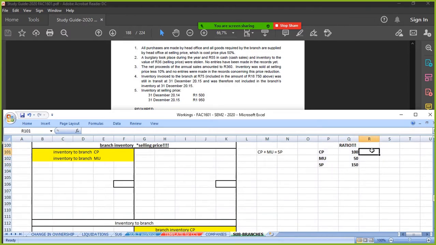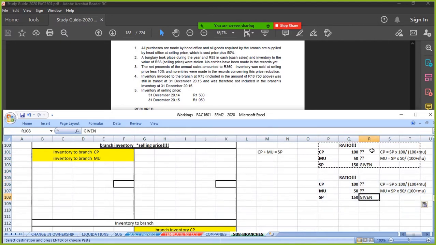So if I wanted to work out this and that, and I was given this, to work out the cost price, you would take the selling price, multiply that by 100 and divide that by 100 plus markup. To get the markup, you would say selling price times markup, which is 50, divided by open brackets 100 plus markup, close brackets. All right, so if you do that working,